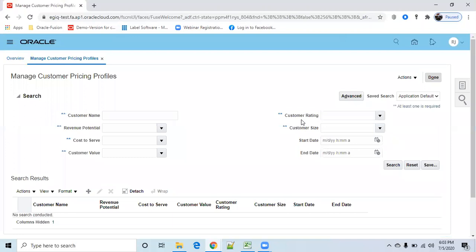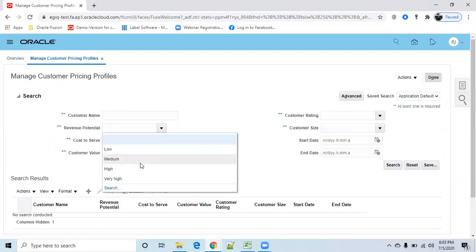In these customer pricing profiles, the attributes I was telling you about are revenue potential, cost to serve, customer value, customer rating, and customer size. These values are lookups, so if you want, you can add more values, and I'll show where to do that.